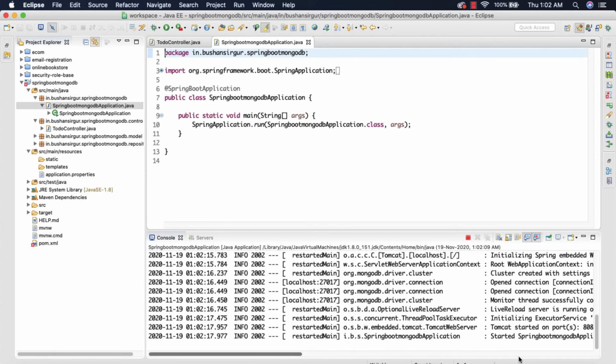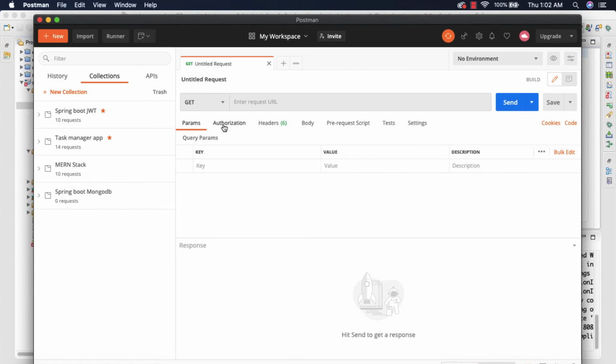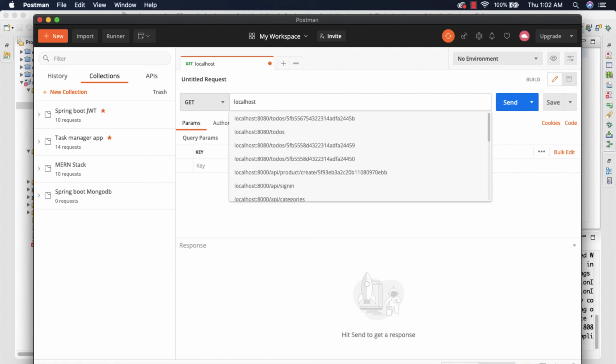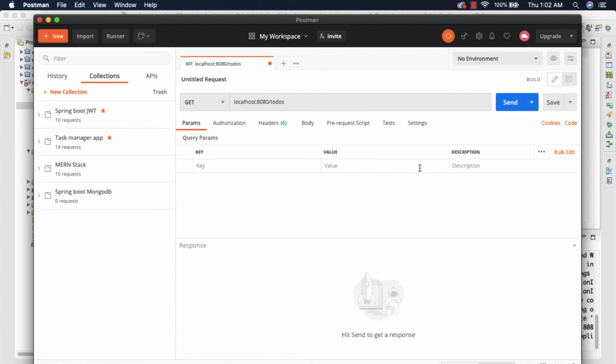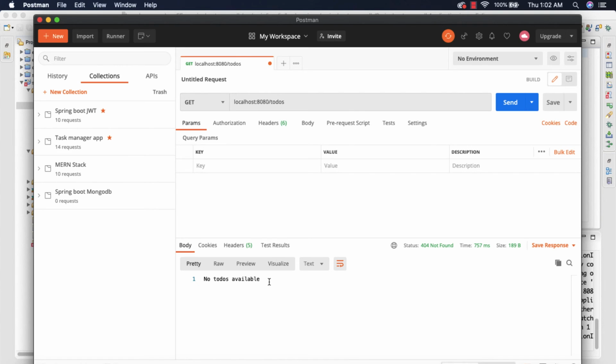So now let's go to Postman, and I'm going to choose the GET request and localhost:8080. I'm going to specify the URL, which is /todos, and let's go ahead and click on Send.